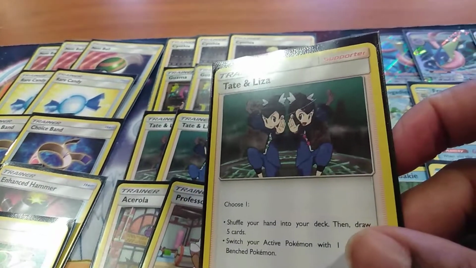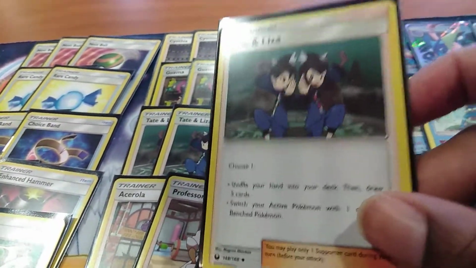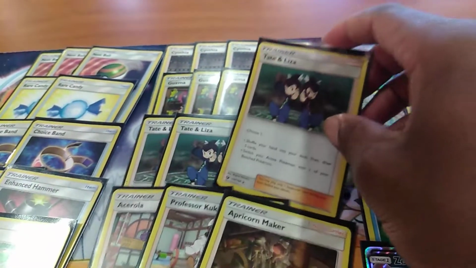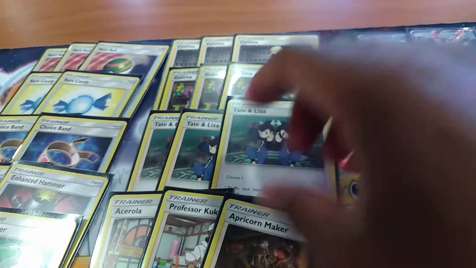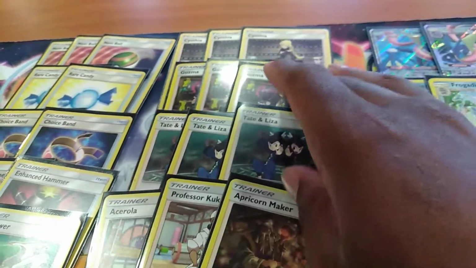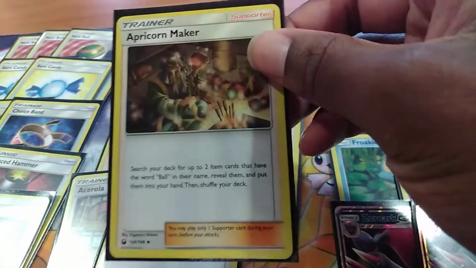We don't have Float Stone anymore. We do have Rescue Stretcher, and a skateboard, but as you know, Greninja GX has 2 retreat costs, so it's not going to be enough. You don't want to discard energy. So you go ahead and switch out with this. It's really, really good. And then we're also playing 1 Apricorn Maker, because as you probably see in the corner,